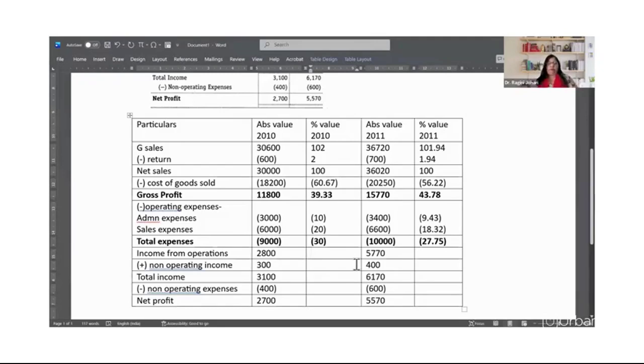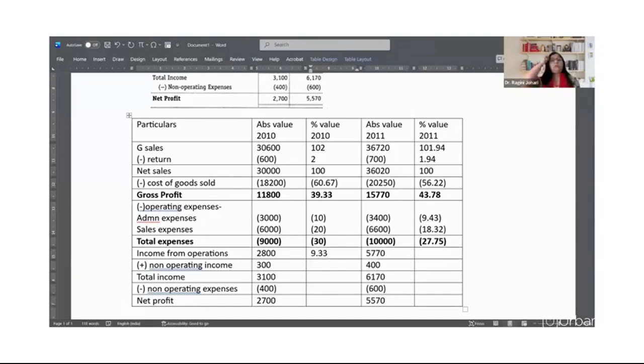So again, income from operations is 2,800 divided by 30,000,